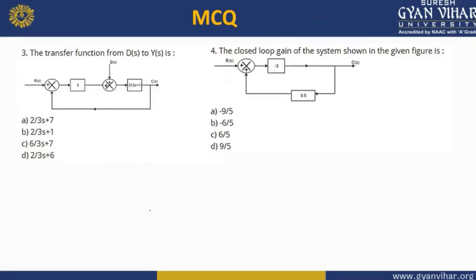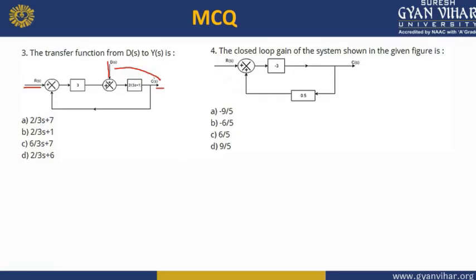Look at this question number 3. In this question number 3, you can see the transfer function from ds to ys. What is it? You have to identify the ds to ys. That is, we are having one disturbance over here, one input, and one output. So we have to find out the relationship between the output and the disturbance. That ratio between the